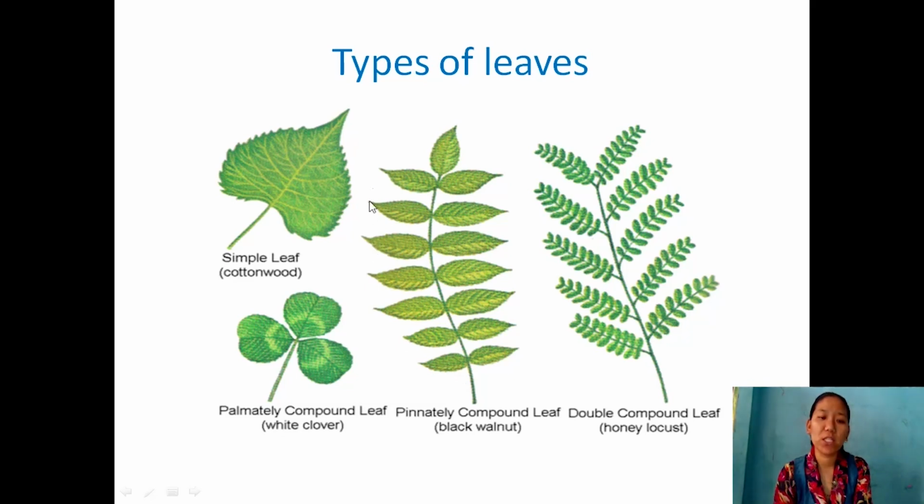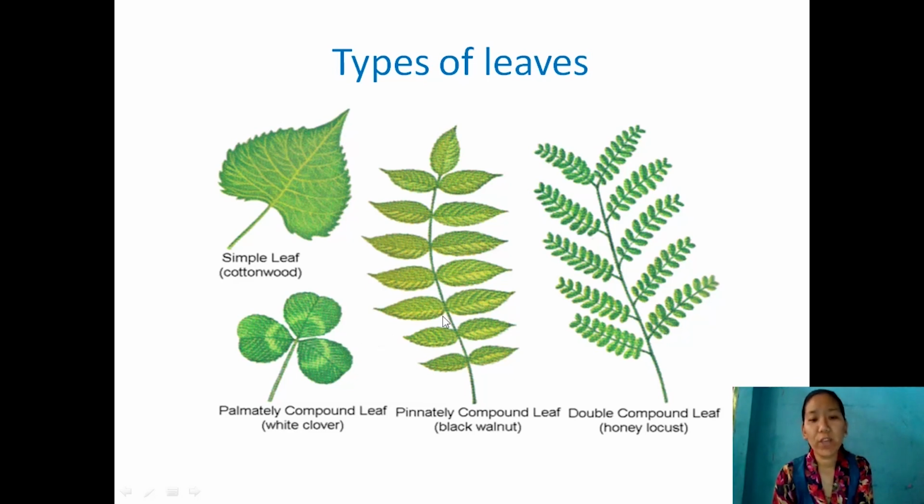And actually, it is considered to be a single leaf. You do not find an axillary bud in between the leaflets, but you will find an axillary bud at the stem when you consider this whole as one. So simple leaf and compound leaf. In a simple leaf, the incision will not touch the midrib. Here it touches the midrib, forming a number of leaflets, and in between the leaflets you do not find any axillary bud. Is it clear? So types of leaves are simple leaf and compound leaf.